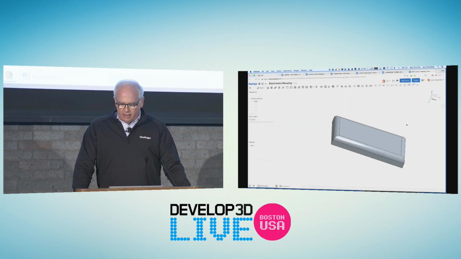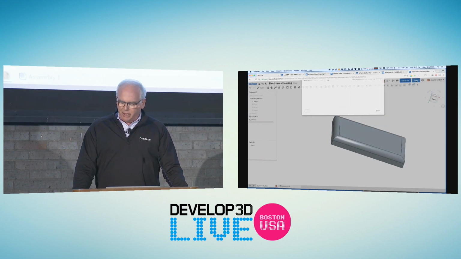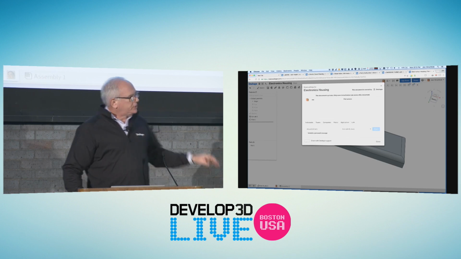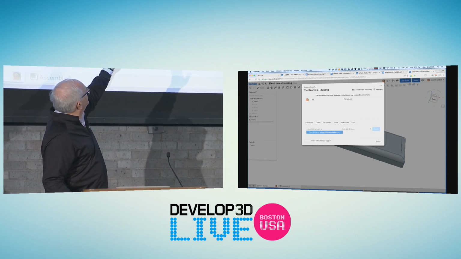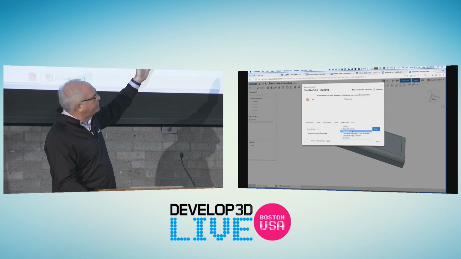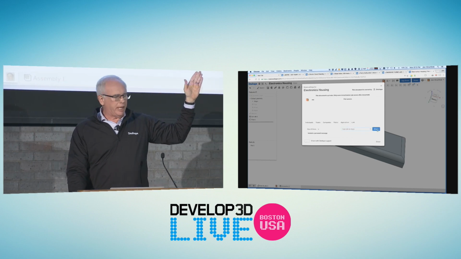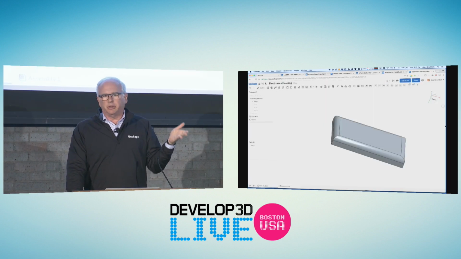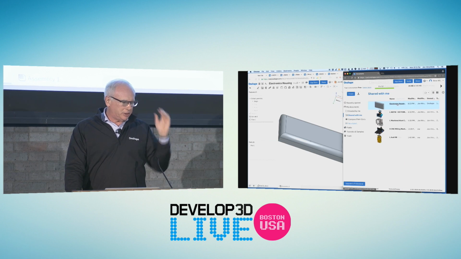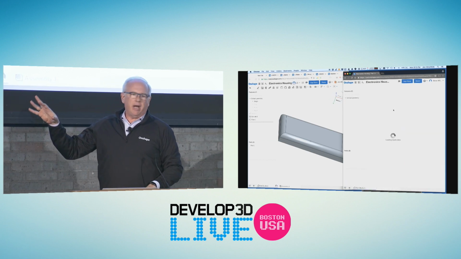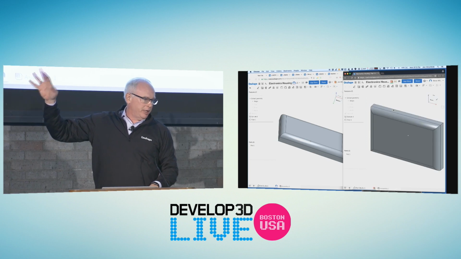Now I'll show you the next magic part of Onshape, which is sharing. We're going to share with a colleague here, and all we do is type in an email address for my colleague Steve. We hit the share button and select the permissions we want to give Steve. It may not be the full permissions. And I hit the share button. If you've used Google Docs, you know exactly what this is like. Just think about this. In the right-hand window, imagine this is Steve's computer halfway around the world, maybe in China or elsewhere.